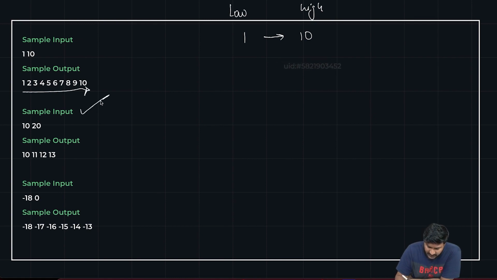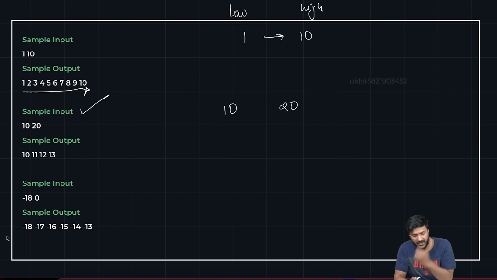But if you look at this particular one, we've said 10 and 20. The special condition is that you must be printing all the numbers, however, you should stop after a certain special kind of number has arrived. That special number is: if any number while you're printing is divisible by 13, then you must stop printing from the next number onward. As an example, you can see,